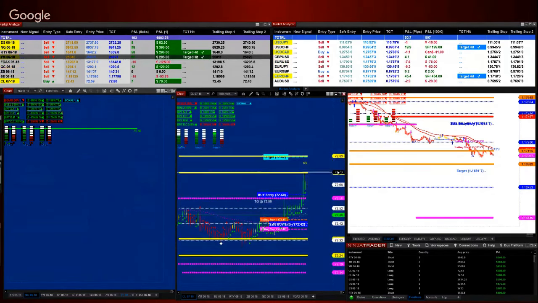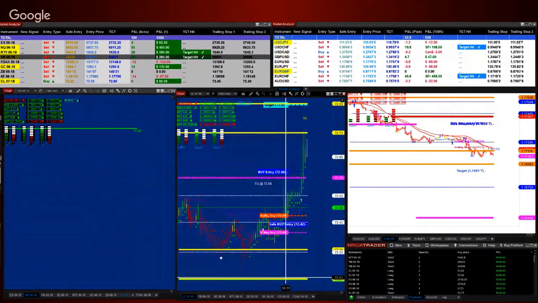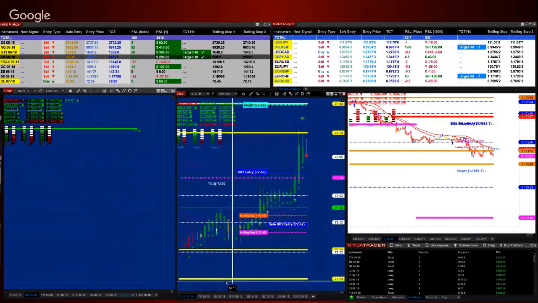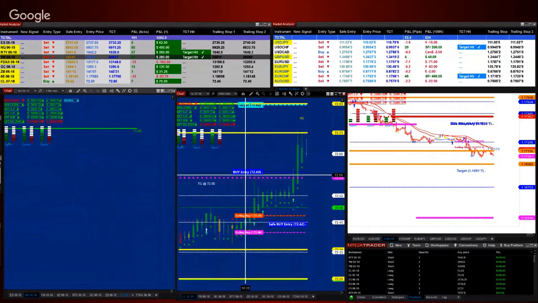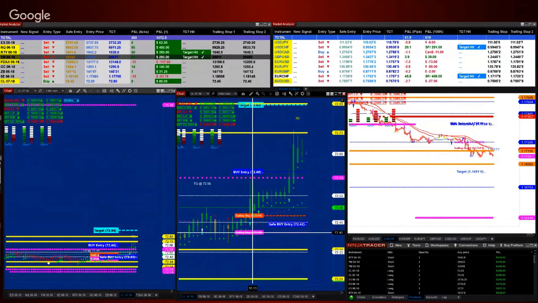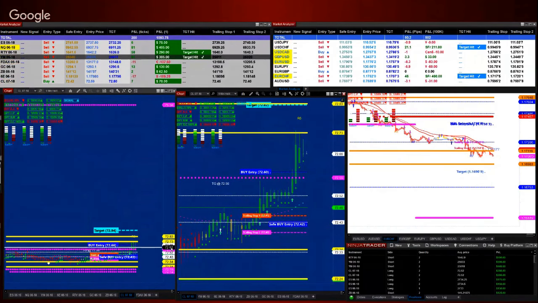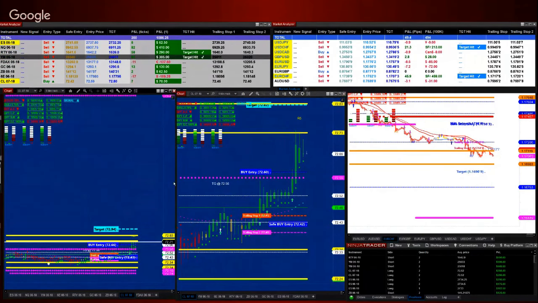Let me try to make it a little bit bigger so you can see it a little bit clearly. If we notice, this is your entry, your floor and fibs. Your floor and fibs is 72.45, which is your trailing stop, and your major support line is 72.40. Your target is 72.82. It is day in and a day out. It never fell. Almost never fell.